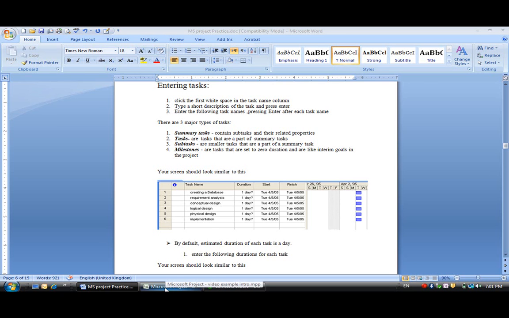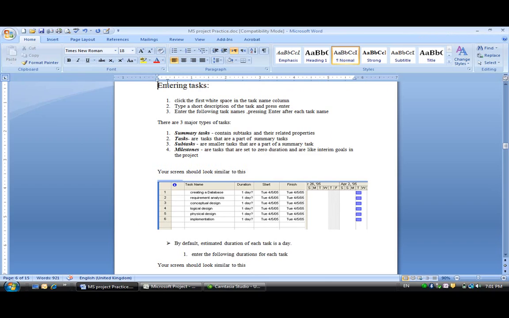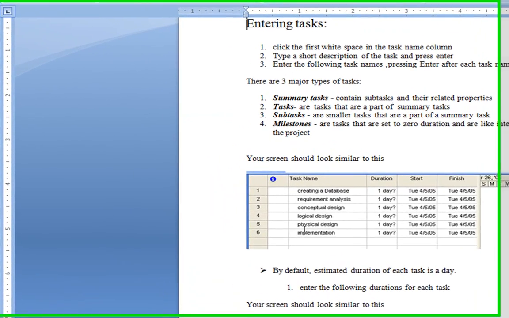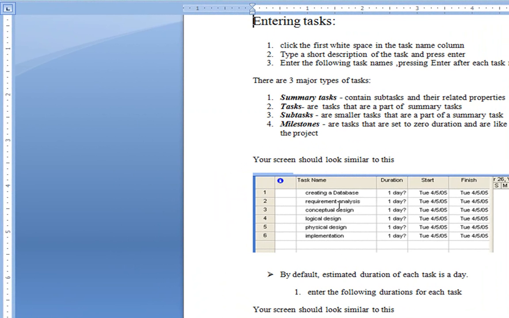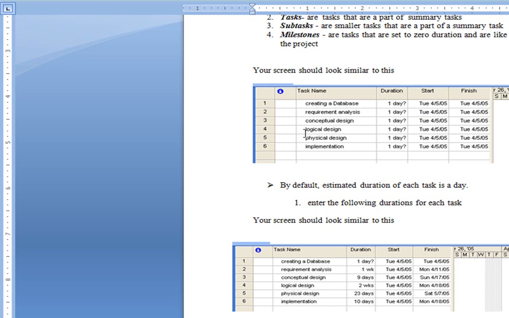Set up our Microsoft Project file. Looks sort of like this. And now what we're going to do is enter the tasks. We're going to do two things in this video. First, we're going to enter 6 tasks, just like this, and then we're going to change the duration for each of them. So that's it. We'll enter 6 tasks, change the duration, and then we'll stop the